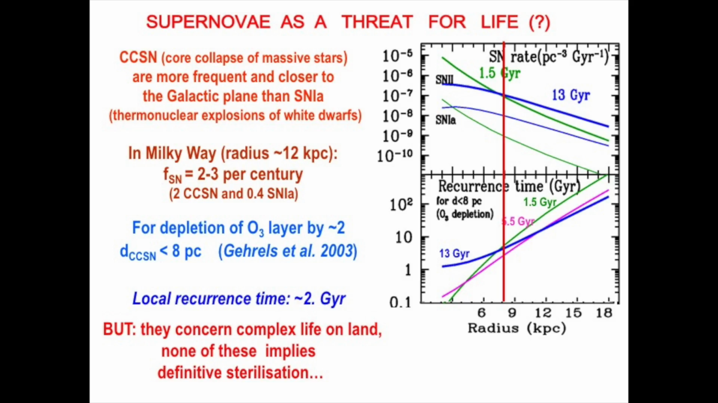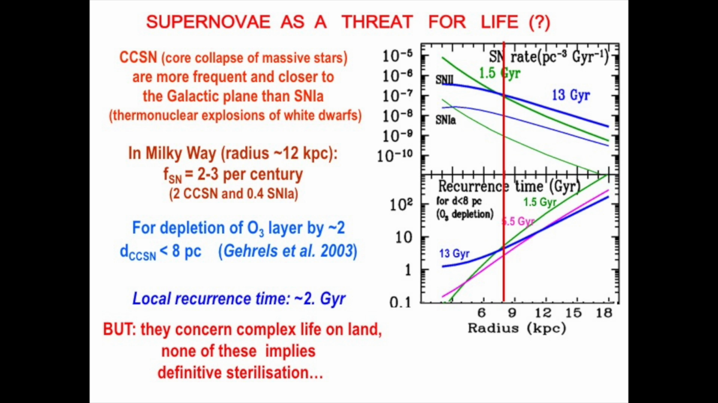So now, since we know a few things about the frequency of supernova explosions, how many we have in the galaxy, we can calculate their occurrence in the solar neighborhood, for instance. You see here that the occurrence time is about 2 gigayears in the solar neighborhood. It is shorter in the inner galaxy. There are more supernovae in the inner galaxy. And again, they concern land life. And even if you destroy life on land, life on land appeared only about 400 million years ago, even less. So it means that in 100 or 200 million years, again from the marine life, you can have life on Earth, and then evolution to intelligence. So this is not definite sterilization of the planet,